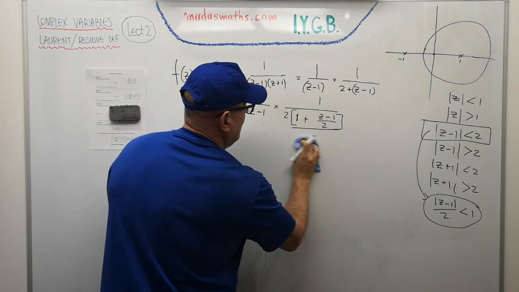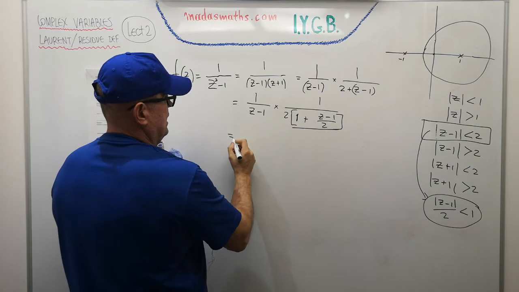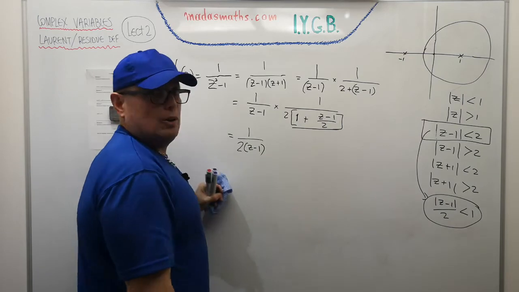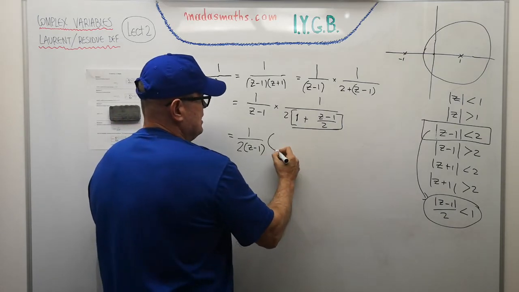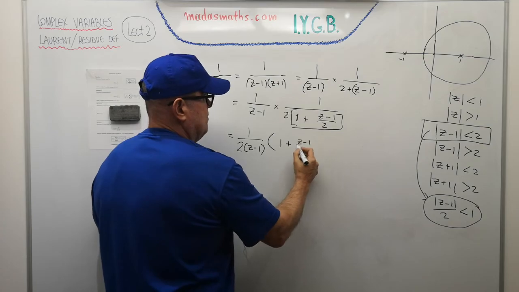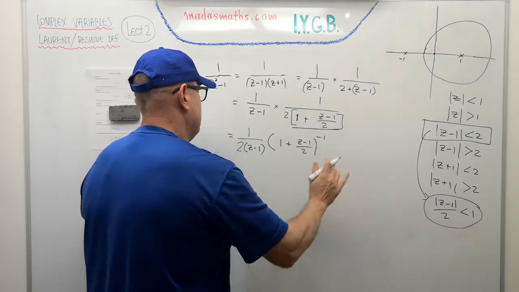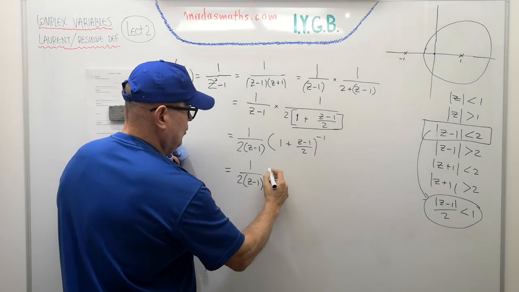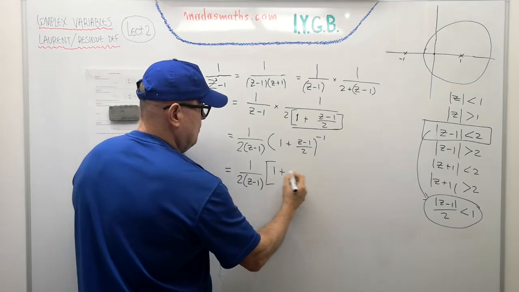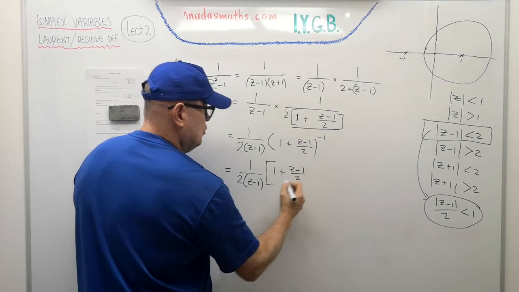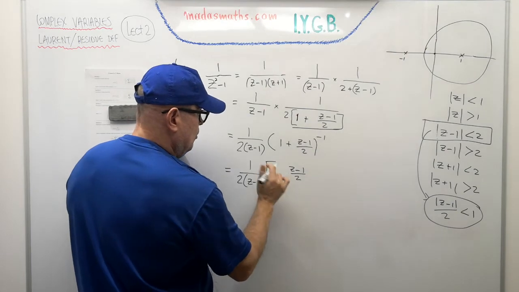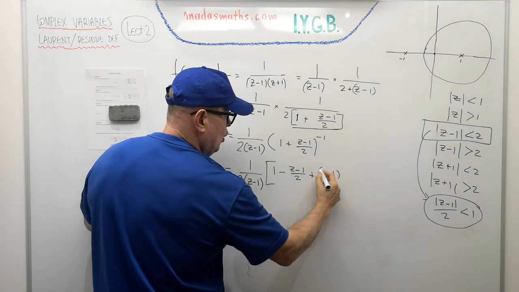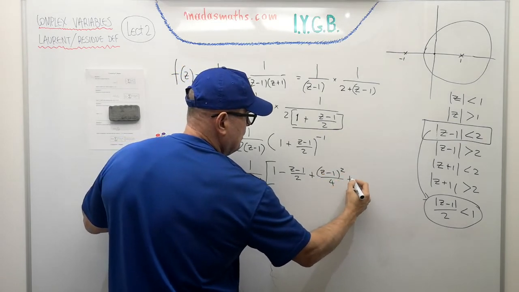First of all, write this on the top as I'm going to put the 2 at the front here, 1 over 2 z minus 1, so that's all good, okay, and write this bracket as 1 plus z minus 1 over 2 to the minus 1. Standard expansion now, merely substituting my values, square bracket 1 plus w, z minus 1 over 2, no plus, sorry, minus, this is the one that alternates, minus, plus, squaring it now, w squared, so z minus 1 all squared over 4, minus